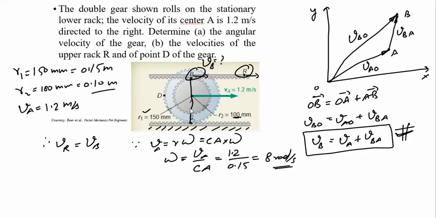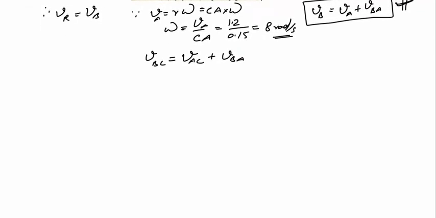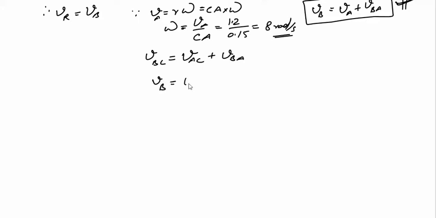See, here we are getting the origin point C, point A, point B, so if we need to find out the velocity of B about C, then we can write velocity of B about C is equal to velocity of A about C plus velocity of B with respect to A. Then we can also write like this: VB is equal to VA plus VBA.